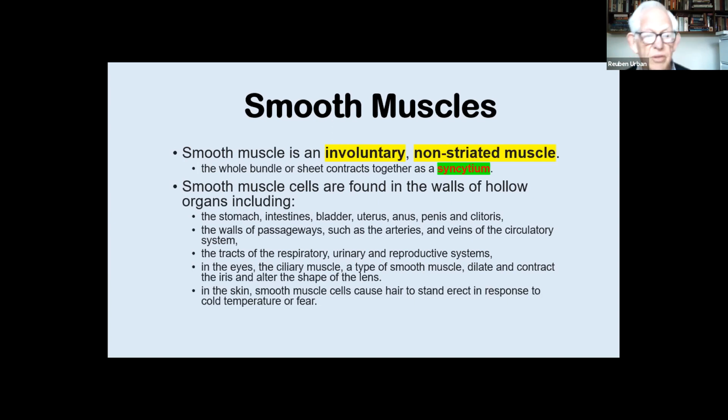And of course, in the skin, we have the smooth muscles which cause our hairs to stand up. Now, you know you've got those muscles because when it's cold, you get goosebumps. A goosebump is where a hair is. In us, it doesn't matter; we've lost the use of it. But in animals and birds, sorry, in mammals and birds,